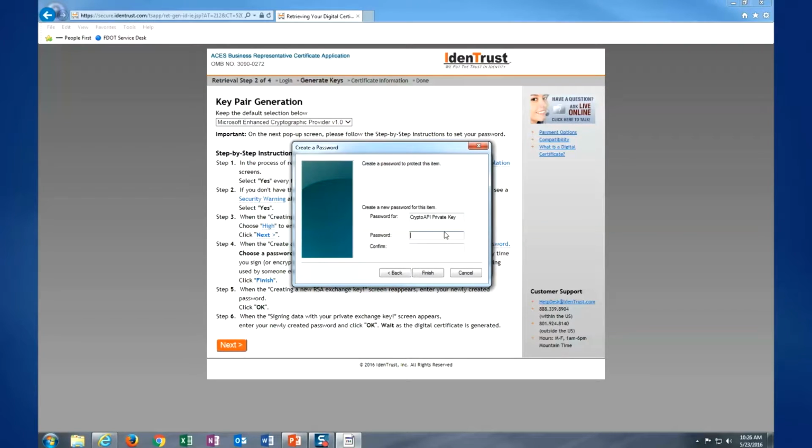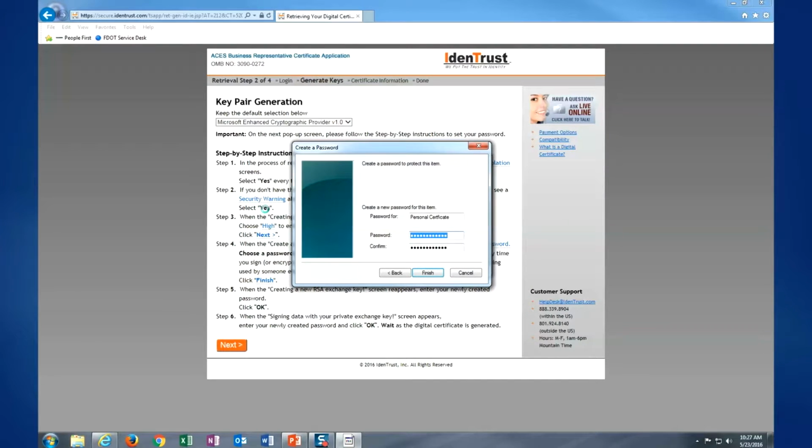And now we want to create a password to protect our certificate. First things first though, we want to change this and give it a more personal name, such as personal certificate. That way when it prompts us for a password, it will tell us it's for a personal certificate. And let's go ahead and give our certificate a password, and this is the password we'll put in every time we sign a document. And we click Finish,